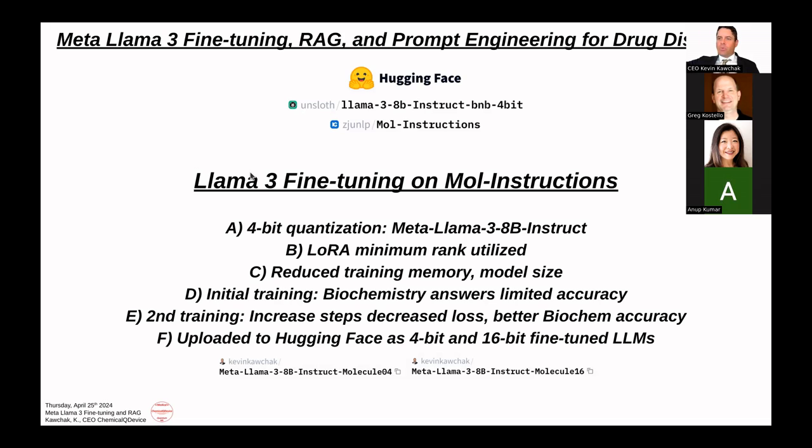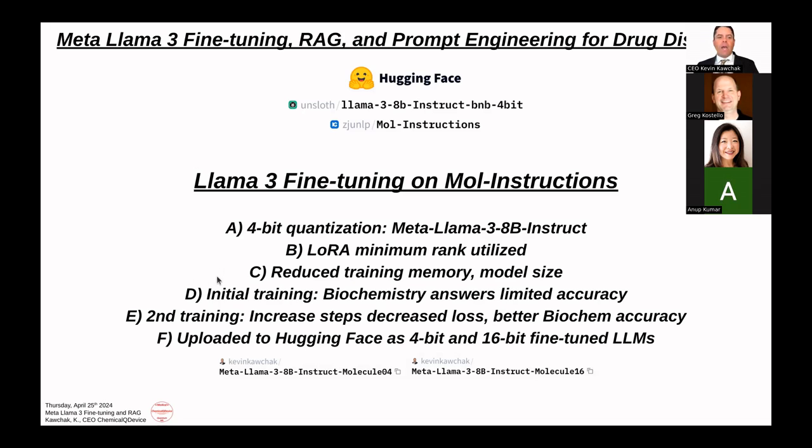So if you wanted to use fine-tuning or RAG, it just depends on how big the model is and how big the data set is, okay? So I used the minimum LoRA with this. Now, I think this one was significant because not only did it reduce training memory and model size by doing these two things to begin with,